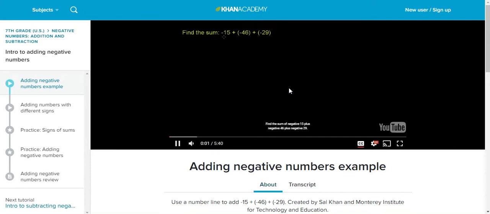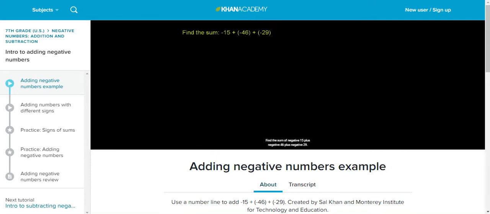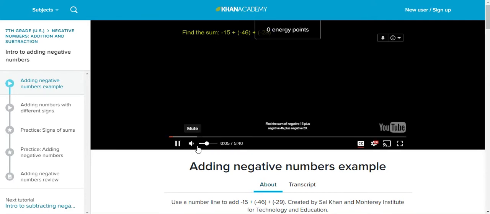Find the sum of negative 15 plus negative 46 plus negative 29. To do this, let's just first visualize what each of these numbers look like. So I'm going to draw a number line for each of them. Negative 15 might look something